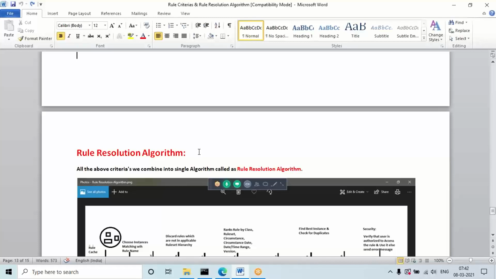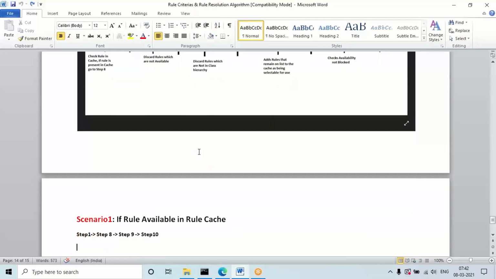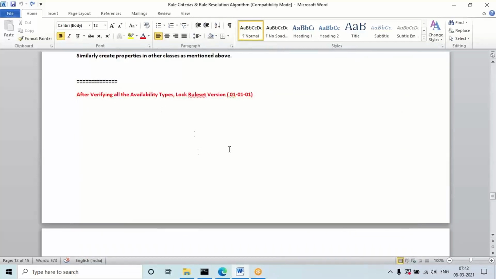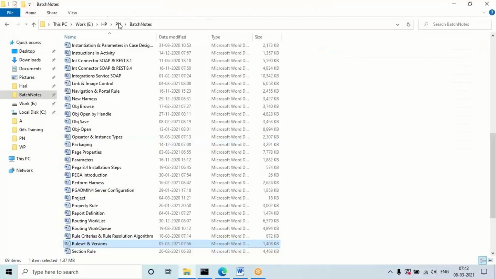In certifications and interview questions, they may ask what the rule resolution algorithm is, what the criteria in the rule resolution algorithm are, and the sequence of steps executed in the algorithm. So combining all the criteria, we call it the rule resolution algorithm. I'll open that image. Give me 1 second.